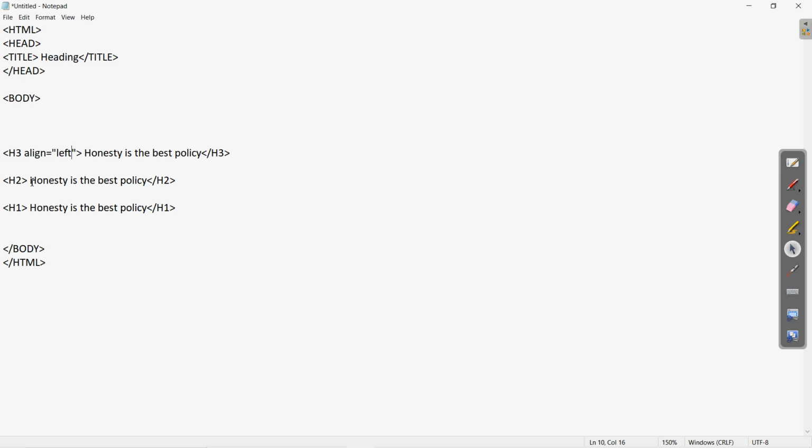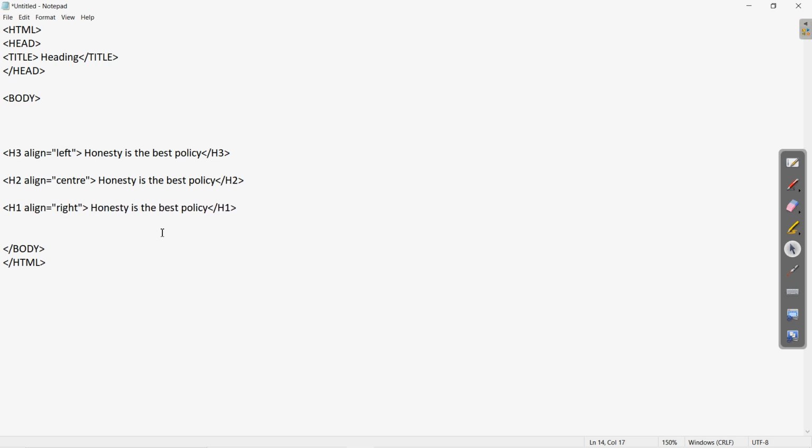Then for the next heading we are going to write align is equal to center. Clear? Then the third one, which is the largest size, with this we are going to write align is equal to left, center and right. Clear?